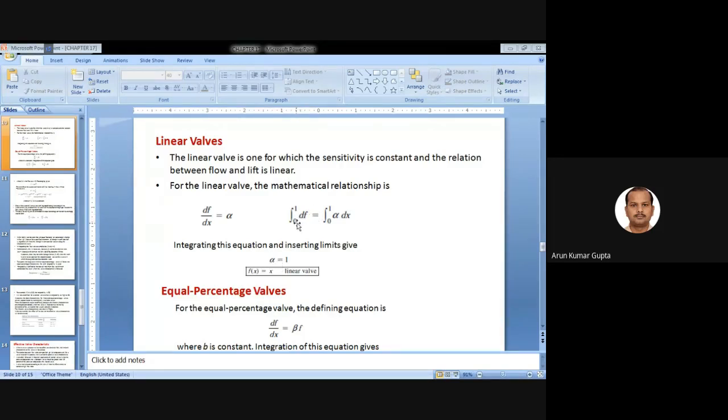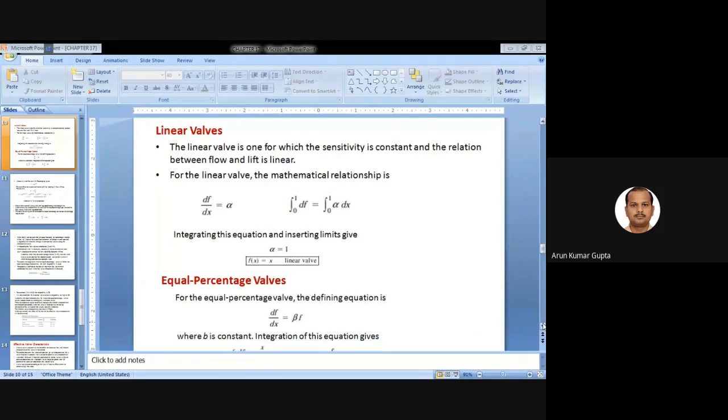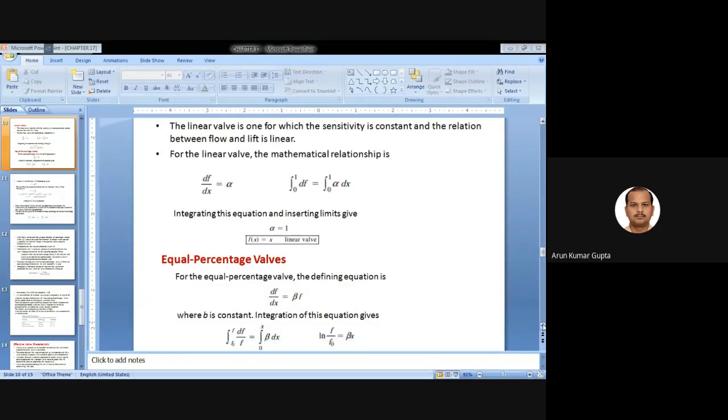These are fractions, which is why it is converted in terms of fraction, so we can make the limits from 0 to 1. The maximum value of the fraction can go to 1, and the minimum value is 0. Similarly here for x also. When you substitute this, you will get alpha equal to 1. So alpha equal to 1 means you have f as a function of x, f equal to x. This is basically the linear relation, and that is why we call it a linear relation.